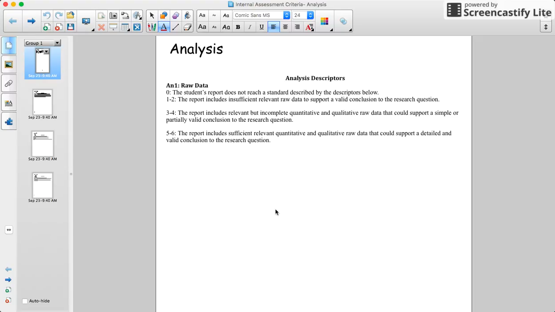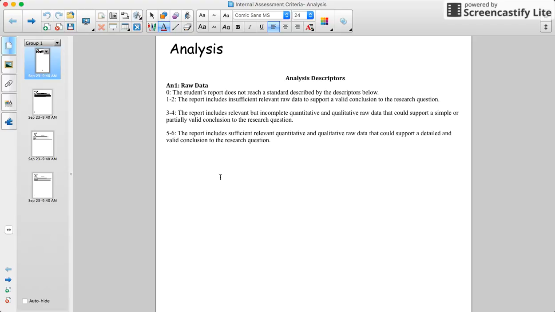Okay, we're going to talk about the analysis criterion of the internal assessment. Analysis is really what you should think about in terms of your data, the processing, and the uncertainty. I'm going to look at each strand, mainly focusing on the 5-6 level, since that's what we're all shooting for, and try to decipher what the language means to tell you what you need to do to earn high